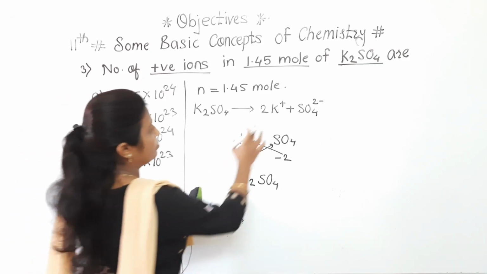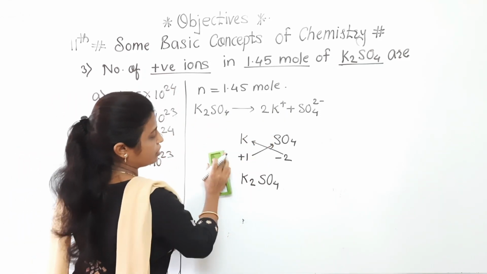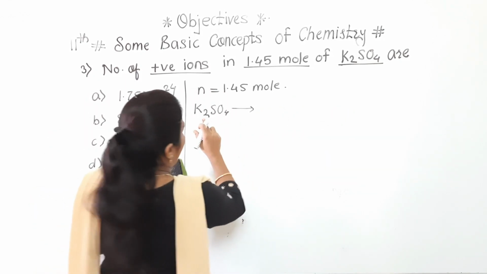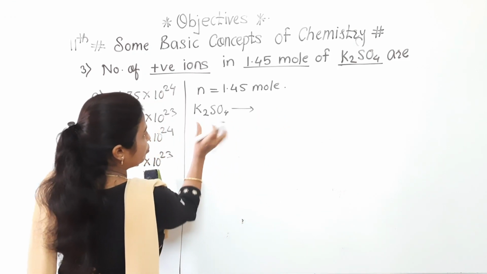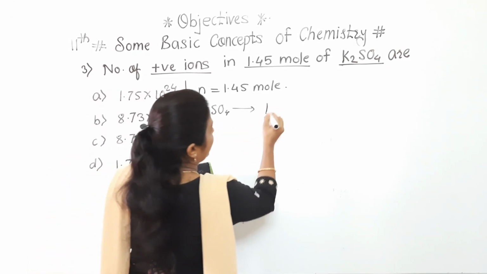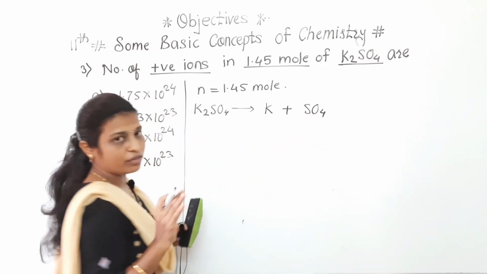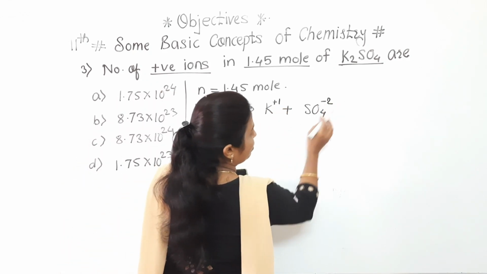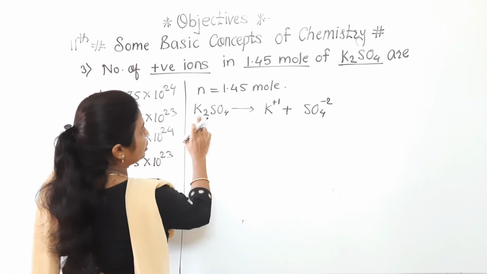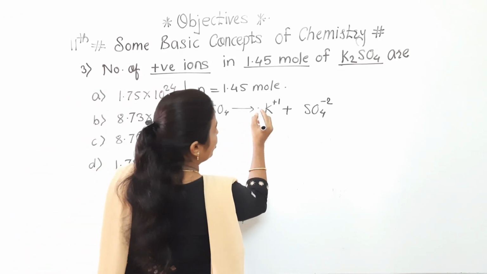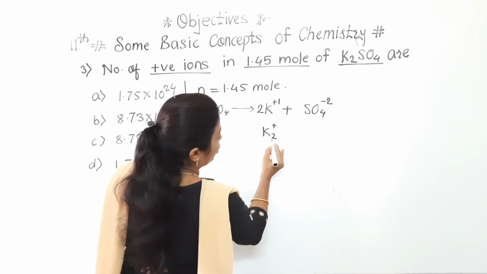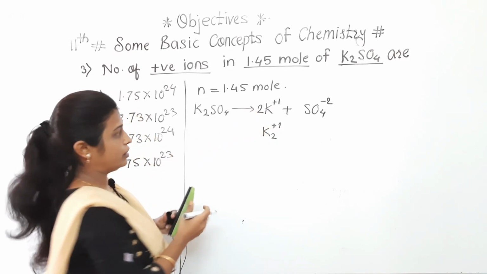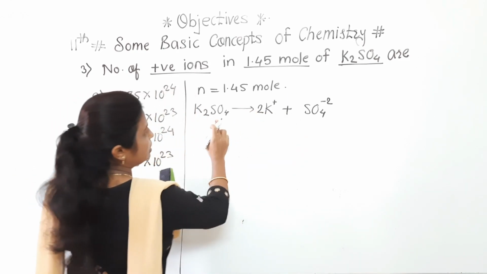Clear to everyone? Now see, how I have written the ionization. Clear to everyone this point? Now see, first ion, which one is that? If we want to divide, as I gave in the list, potassium and SO4. How much charge is on the potassium? +1, that I am writing here. SO4 carries -2, that I am writing at the top as a power. Here how many potassium are there? 2 are there. So I have to write this number in front of that ion, not like that. Clear to everyone? So in this way, that is the ionization.